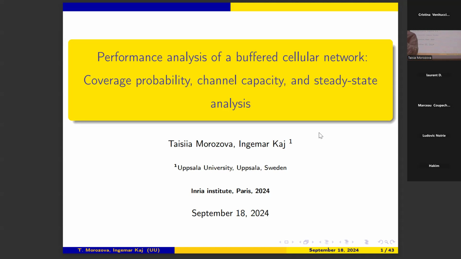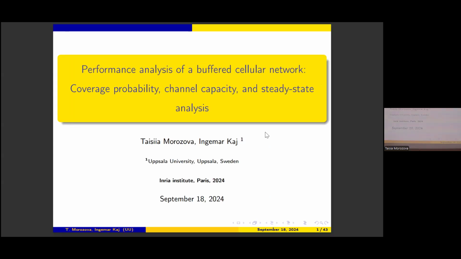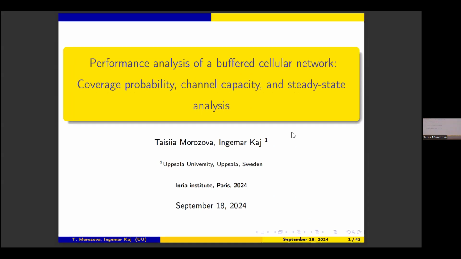For my talk today, instead of taking a certain paper and going into the details of this particular paper, I decided rather to summarize the results that we got over these years that I've been doing my PhD. So basically to explain the model in detail, and then just summarize contributions and the main ideas without really going into technical details. The name of my talk, I guess you can see, is going to be about a cellular network with a buffer, and we will look at the main performance metrics of this network and steady state analysis.